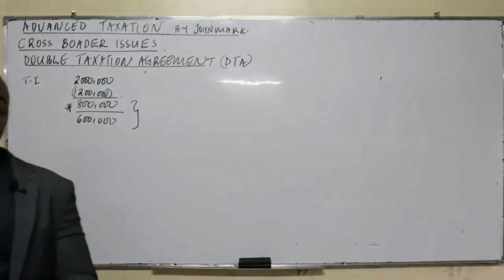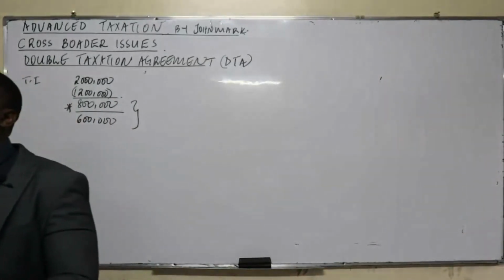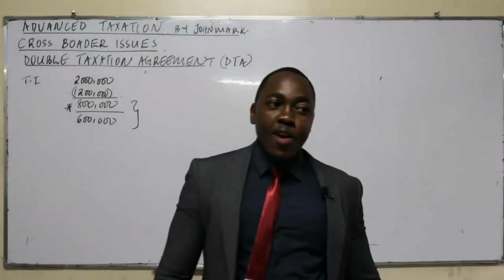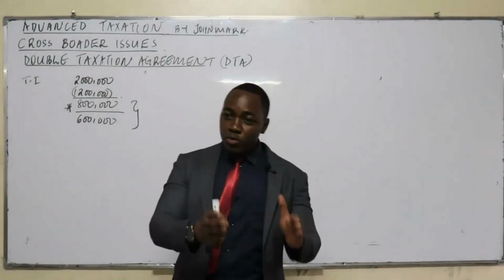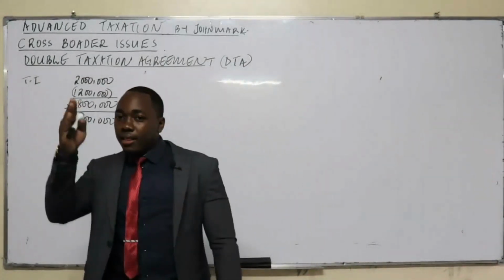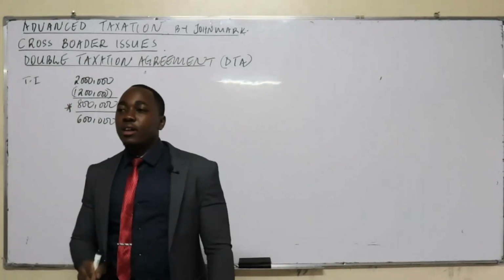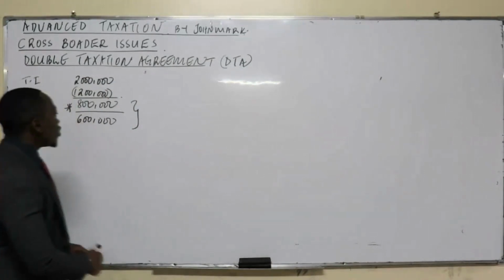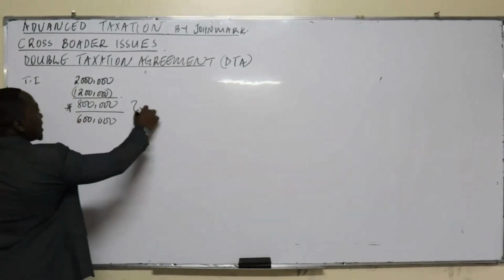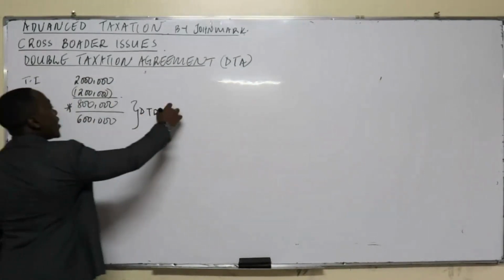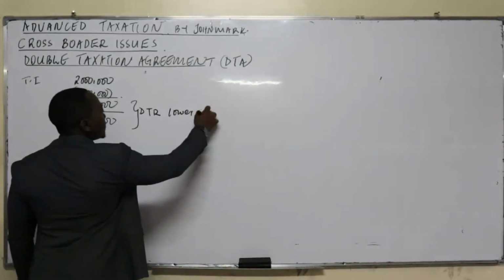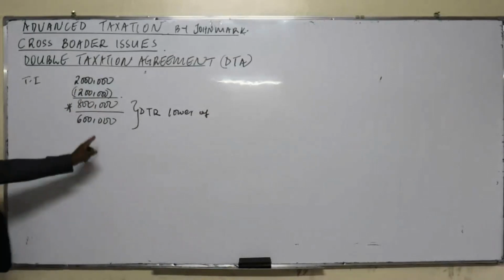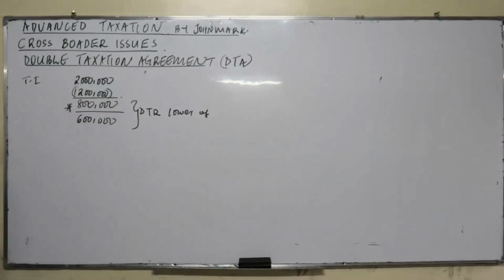For example, if you are to have the house allowance, how do you compute it? 15% of the total income, or the actual amount paid, whichever is higher. But if you are to get any deductible income from them, they take the lower of. So the double tax relief will be the lower of. In this case, the maximum you can claim as a relief will be 0.6.